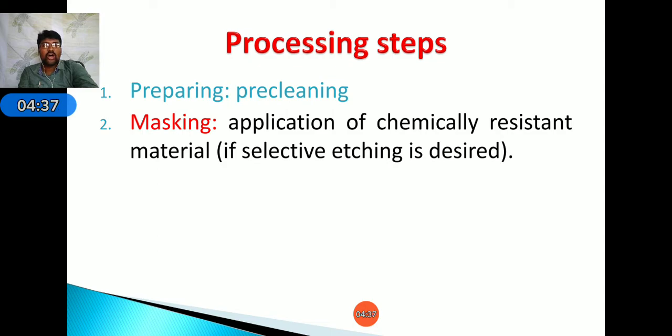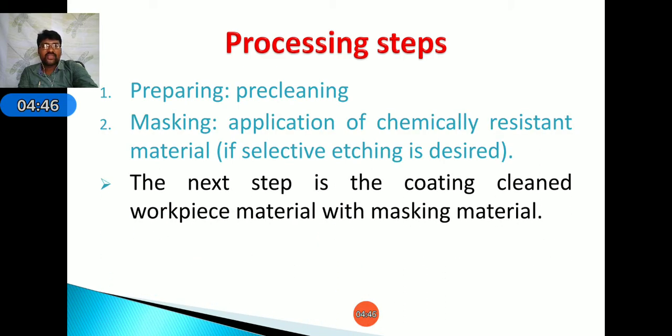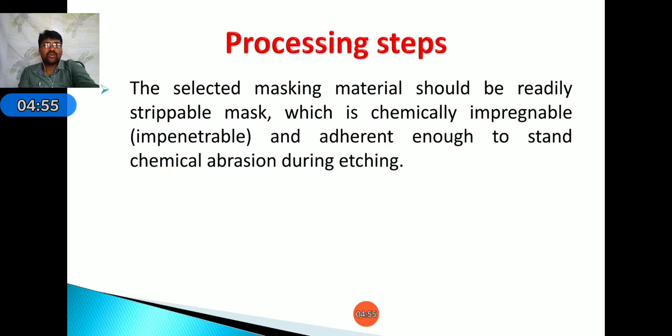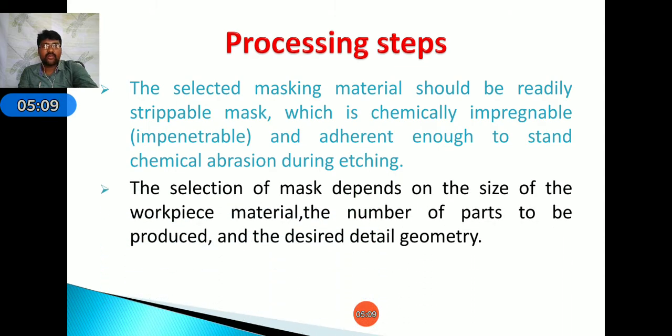Next, processing. First we have to prepare the workpiece, that is, pre-cleaning of the workpiece. Next, masking, the application of chemically resistant material where we cannot machine the surface. At that point, we apply the masking. The next step is coating the cleaned workpiece with the masking material. The selected masking material should be a readily strippable mask that is chemically impenetrable to the etchant, strong enough to withstand chemical reaction and abrasion during the